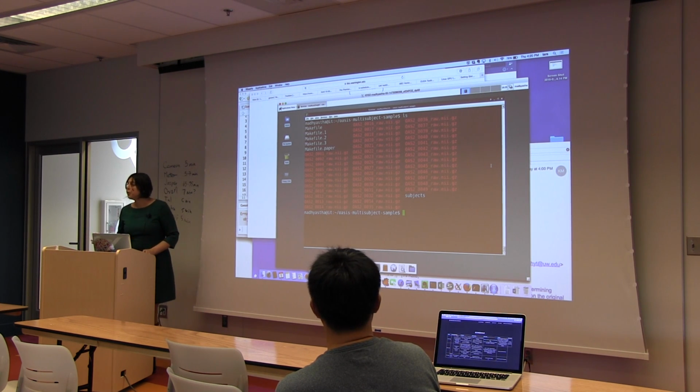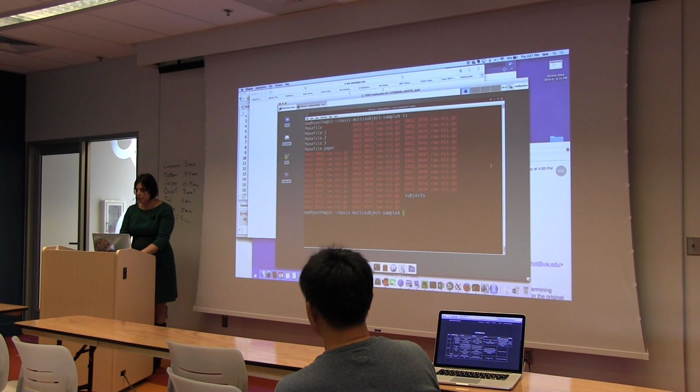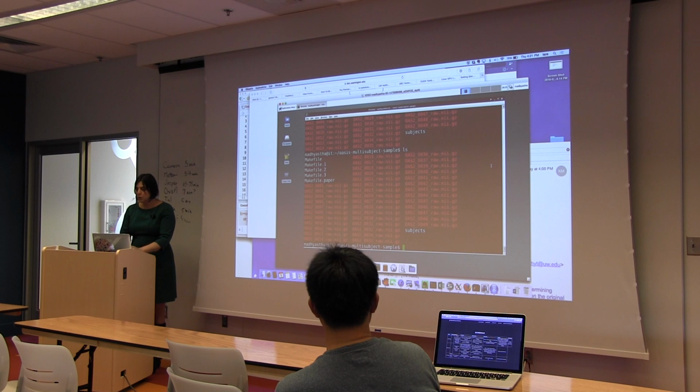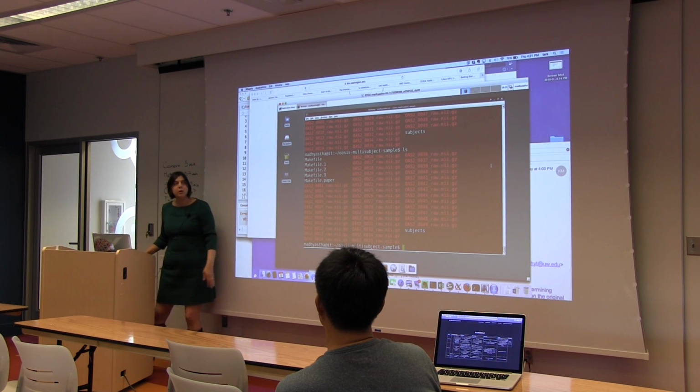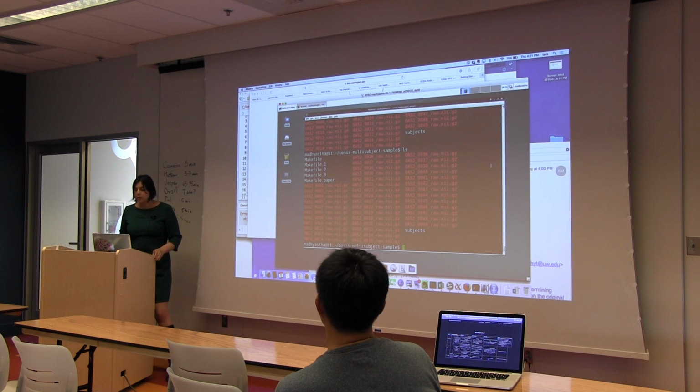So this is just a simple case. Everything's dumped into one directory with a bunch of subjects. This is from the OASIS data set. It's a structural longitudinal data set, and here I'm just taking a cross-sectional sample of different subjects. So we have a bunch of people, and we have the raw structural images. Let's say we want to do something to them. The very simple thing is we'd like to skull strip their brains, okay? So if I look at one of these,